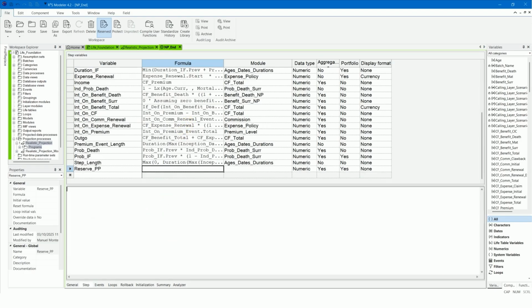Set up the formula as follows. Now we are ready to start exercise 2, presented in the next video.